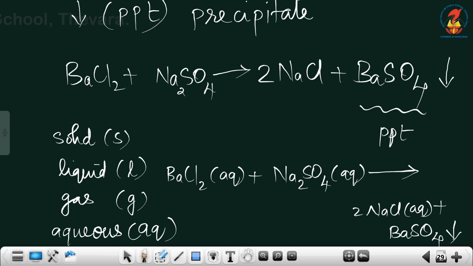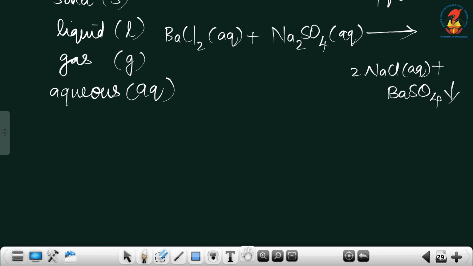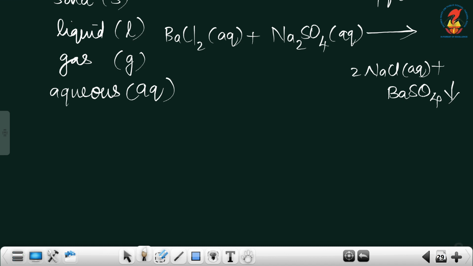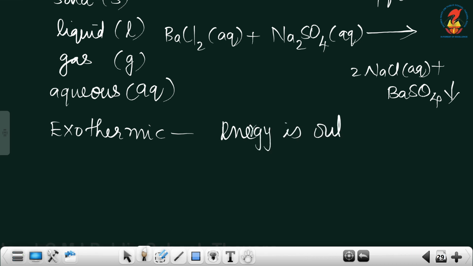Okay. And then the last thing to make that equation more informative is, sometimes the reaction will be exothermic or endothermic. What do you mean by exothermic? Exothermic means in a particular reaction energy is given out. If any mode of energy is going out, that is known as exothermic, and the opposite is endothermic. Endothermic is energy taken in.